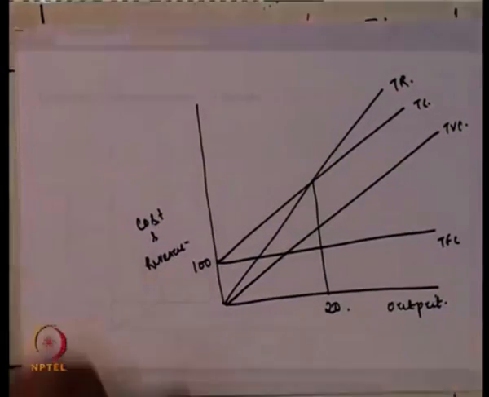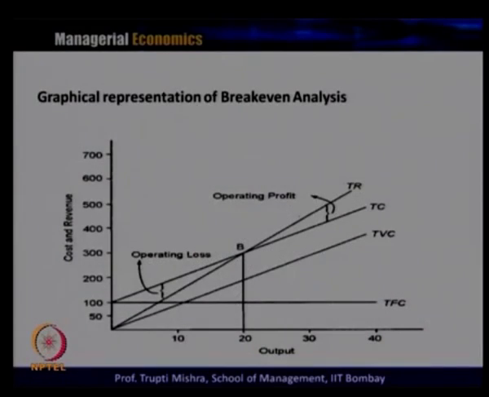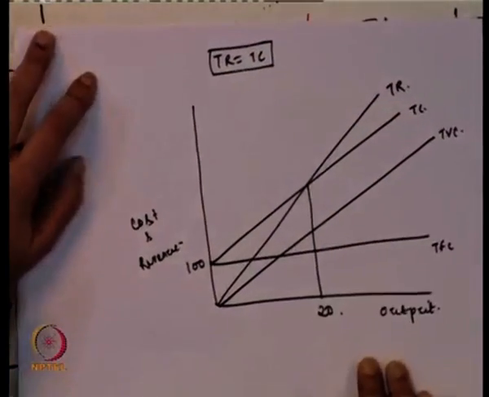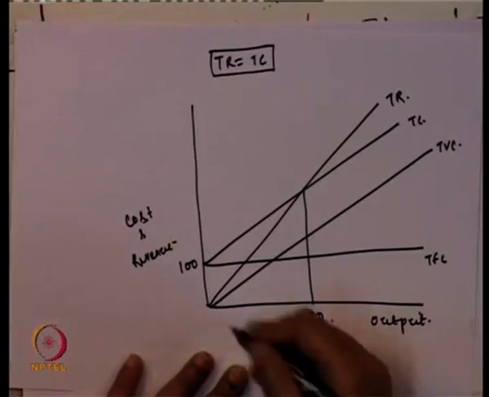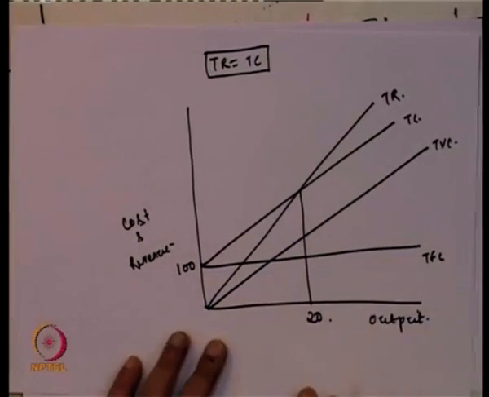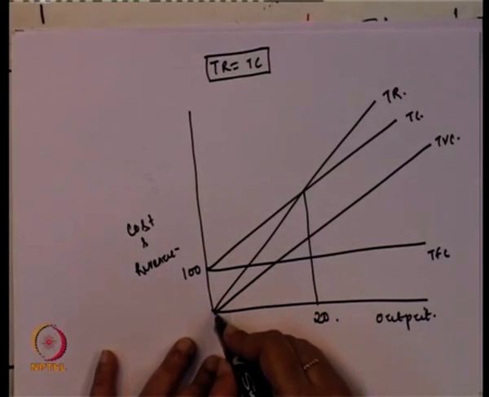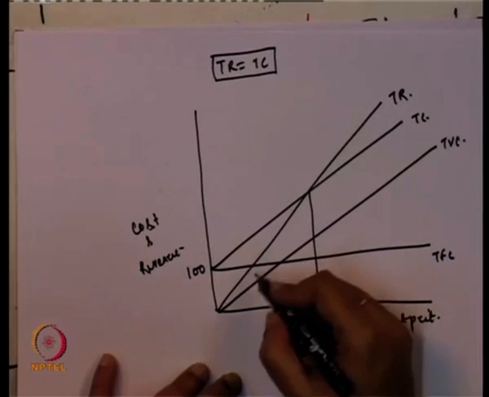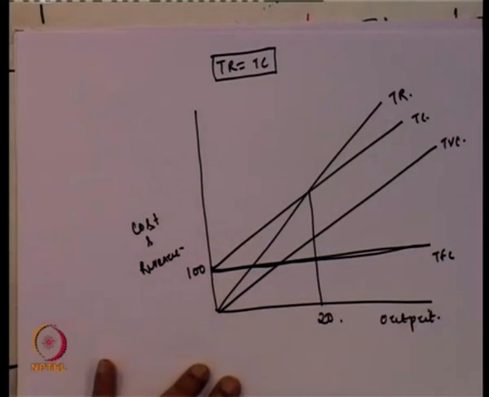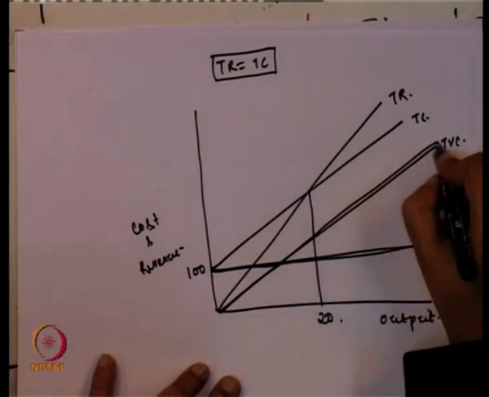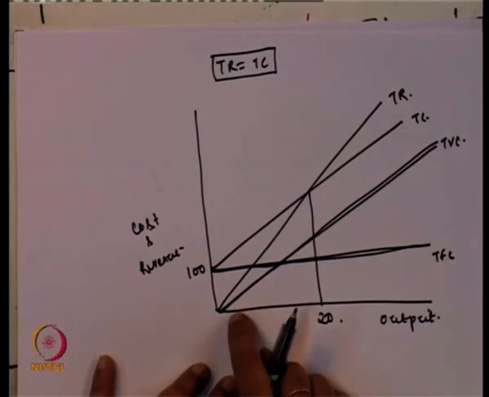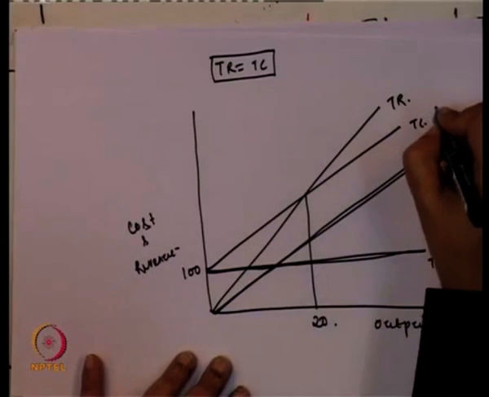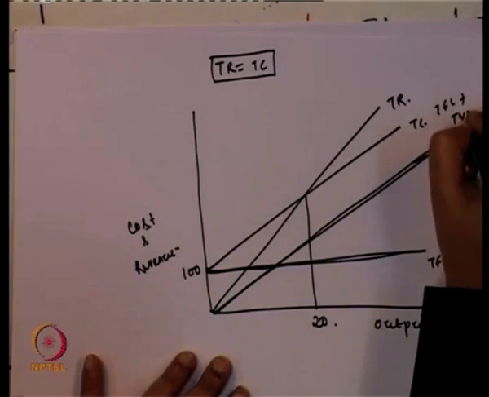Now, to understand this relationship, the break even analysis, with the help of the graphical representation, what is the break even condition? The break even condition is total revenue is equal to total cost. So, this is the total revenue which starts from the origin, because at any level beyond 0 output, the firm is incurring the total revenue. Total fixed cost is fixed at 100. Total variable cost starts from the origin. Whenever there is a Q, the corresponding variable cost is there. Total cost is the summation of total fixed cost plus total variable cost.